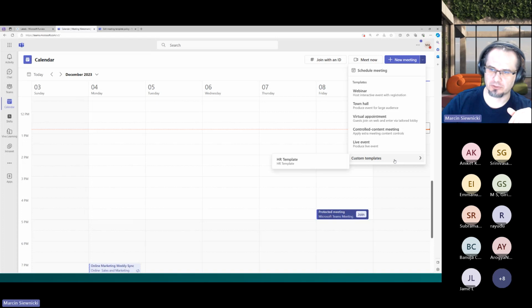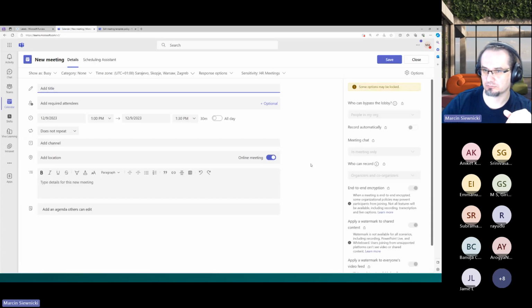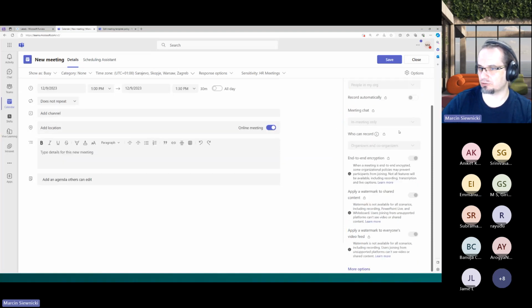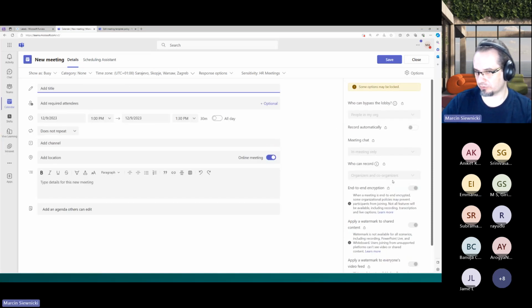And there are custom templates. And this is my HR template. So if I use this one, as you can see, all those options in the right-hand pane are pre-configured for me. Some of them are grayed out, so I can't change them, simply because I did some configuration in my